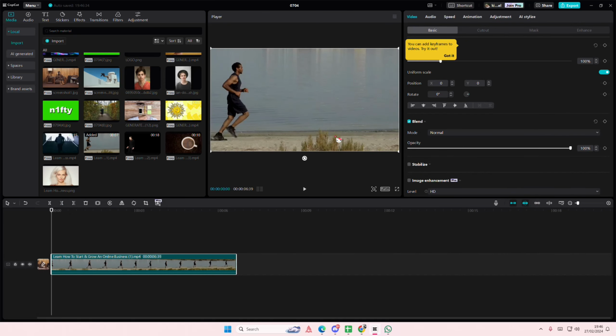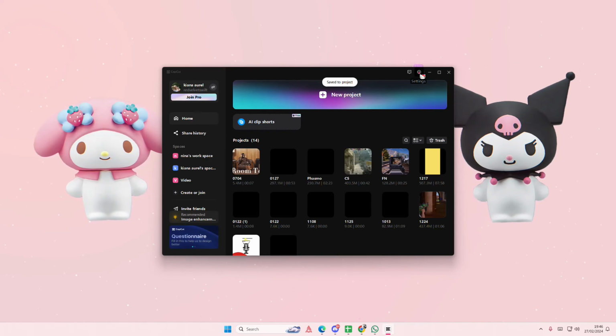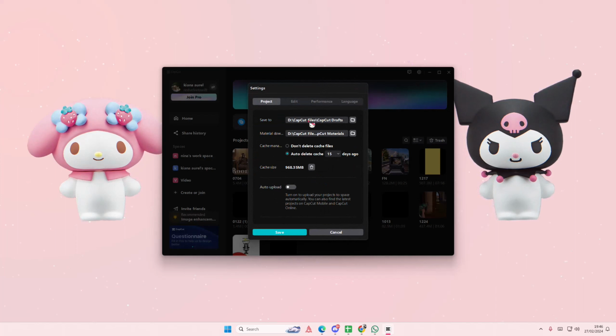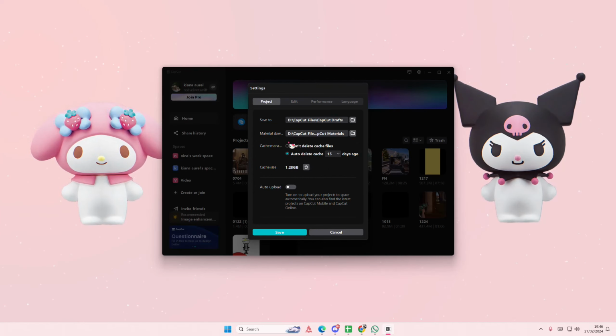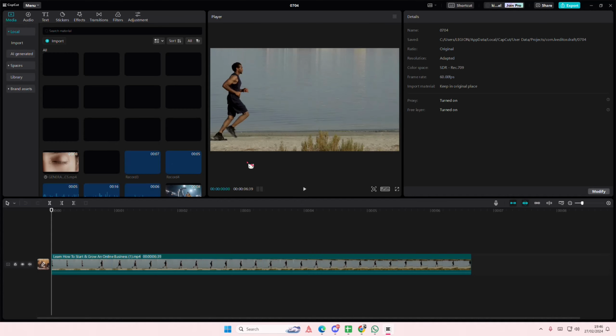So CapCut actually just automatically saves your project, but if you want to change your save file, just go back to the home page and you're just going to basically select the settings tab here, go to settings, and then select the folder you want the file to be saved in, and it's going to be automatically saved, as you can